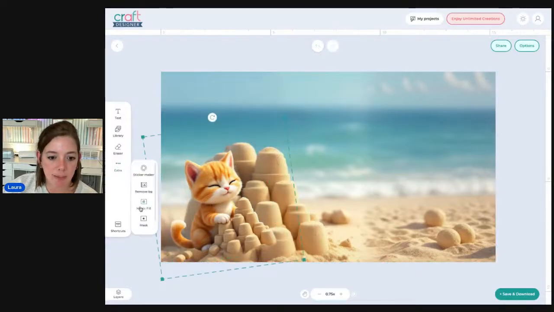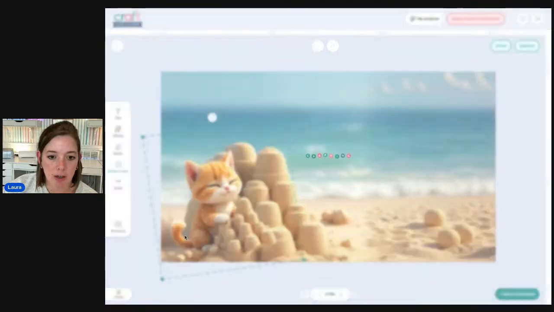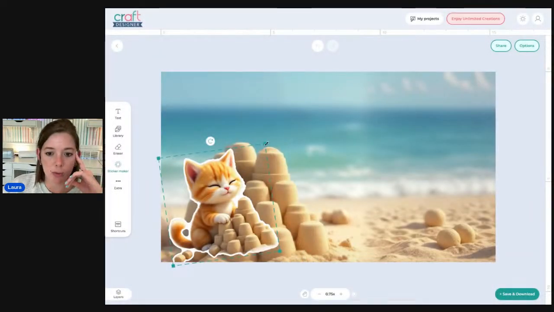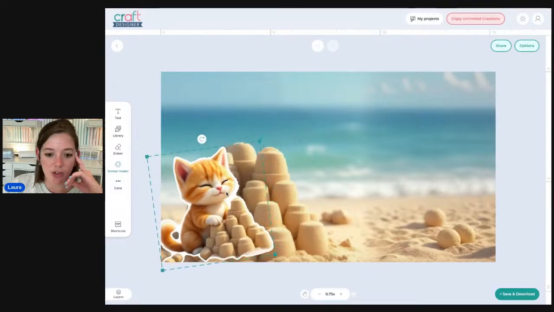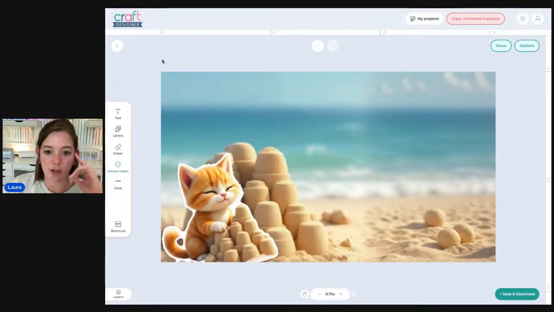I want that to be bigger. So we're going to do that again. I'm going to go to sticker maker, make it a little thicker. And then we're going to wrap up this little scrapbooking page we're playing with here. But you can already see that we've literally just used one image we generated in Illustrate AI, and we're going to make a whole scrapbooking page out of it, which is so fun. Oh, cute. Okay, so we've got that little scrapbooking look going on so far.